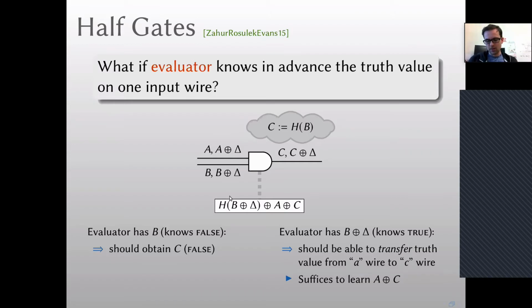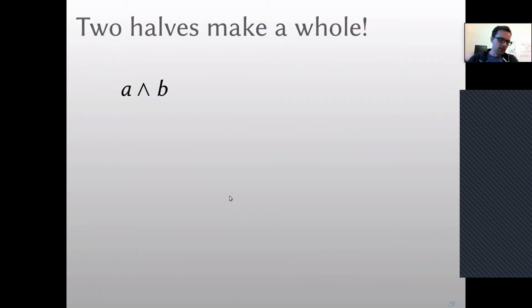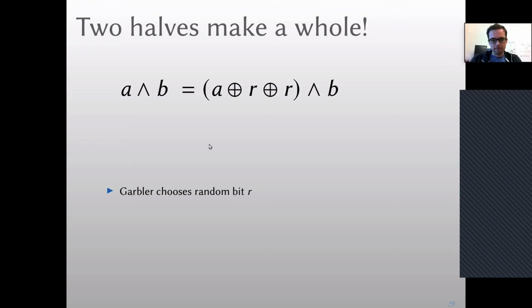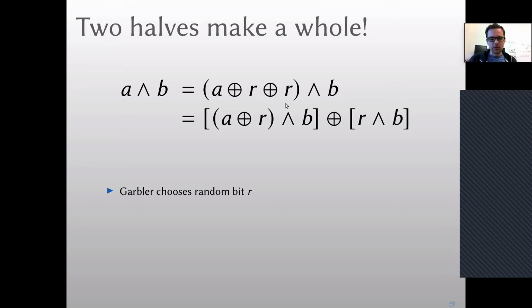Okay, that's interesting. Now let's put these two observations together. Let's imagine that we want to garble an arbitrary AND gate in the circuit, okay? It doesn't have any of these weird assumptions. I'm gonna write this AND gate, A and B, in the following way: A plus R, basically, and B. I'll use the distributive property, and I'll get these two AND expressions, okay? Now, what if the garbler is the one who chose this random bit R? It's a random bit. So the garbler knows R,